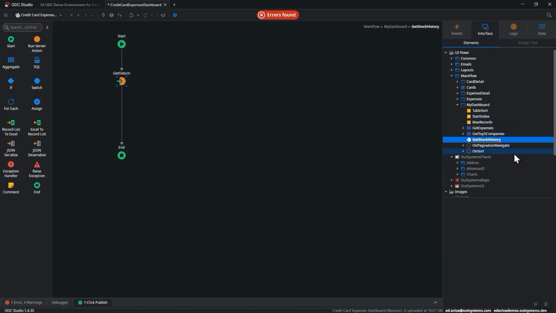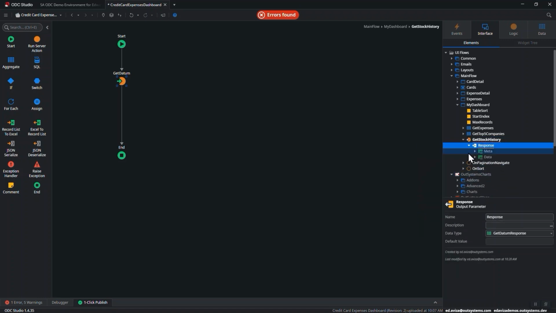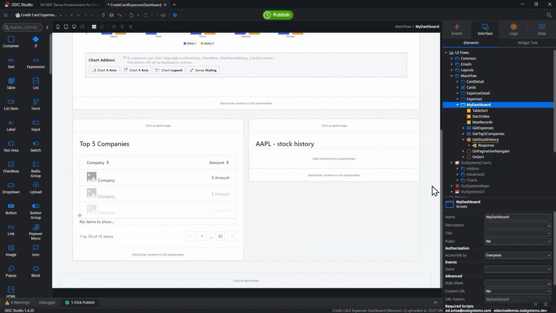You'll notice that the data action has a default output parameter called out1, which I'll delete and then replace by pasting the response structure I copied from the API definition. To use the data, I just need to add an assign element to my action flow so I can assign the results from the API call to the output parameter structures from our Get Stock History data action. Now, going back to my screen,